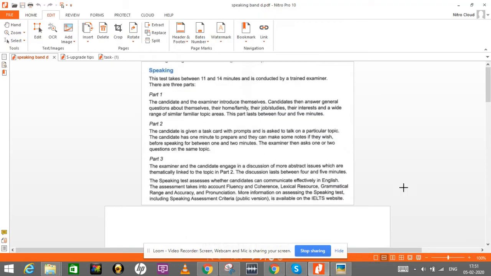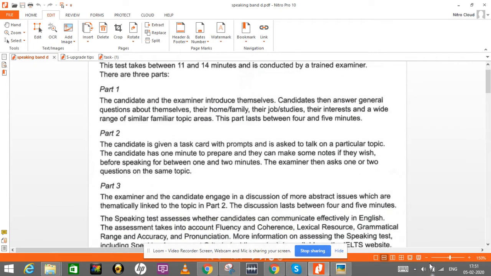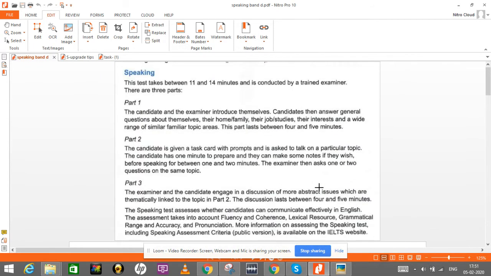Now, this file, what you see here, has the sections that the speaking task has. As you can see here, your IELTS speaking task has part one. Part one is basically more like an introductory section where you would talk about your general information. You would talk about your family, your job, your studies, career aspects, your interests, the location where you come from, and things like that. Apparently, this would last for 4 to 5 minutes.